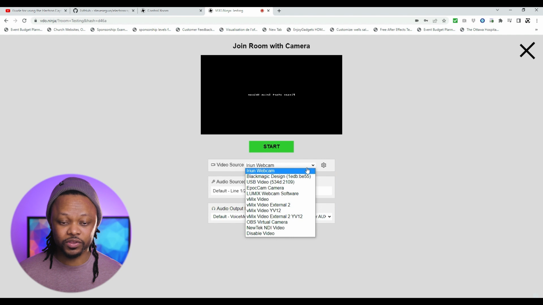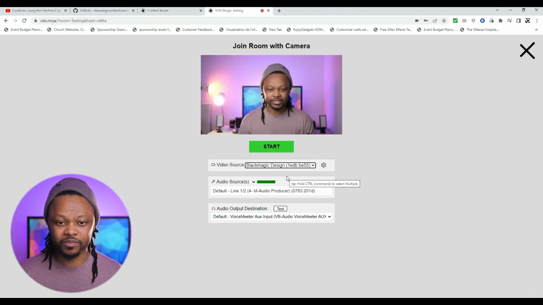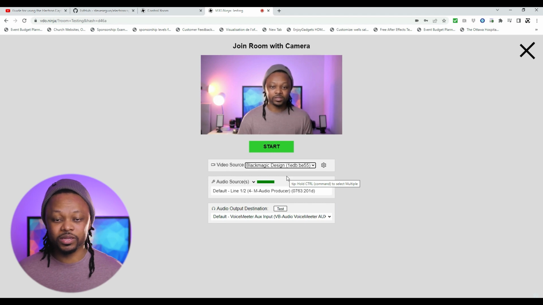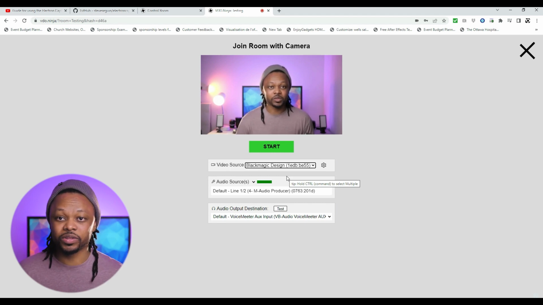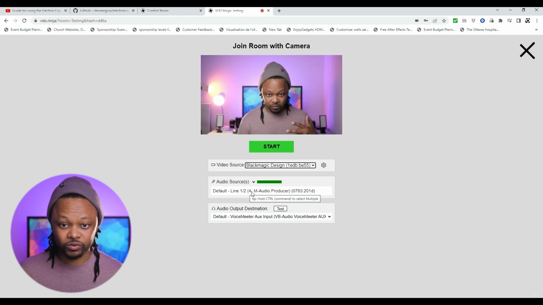So for this video, let's go ahead and actually pick the Blackmagic, my A10 Mini, okay? So this is me, the camera coming through the A10 Mini. The next thing is we are going to choose the audio device or the audio source. So for me, I'm gonna keep it to actually my microphone that I'm using right now, which is the Line